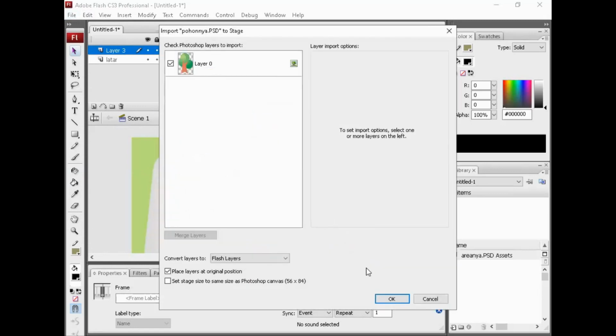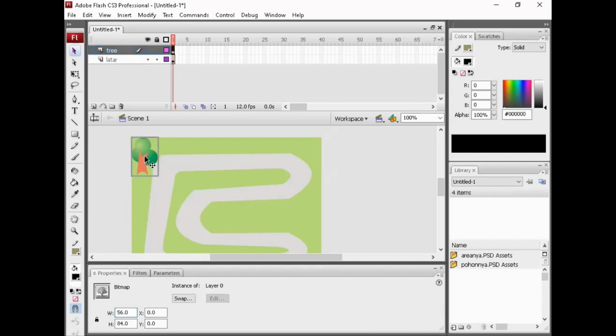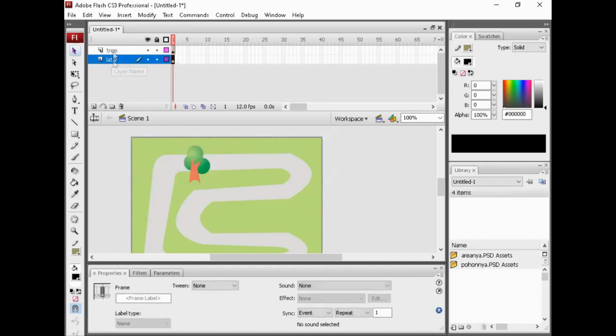Okay, the tree. Okay, that's it. It's not the layer. Okay, the tree, on top of the layer latar.